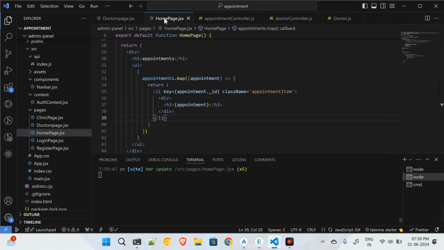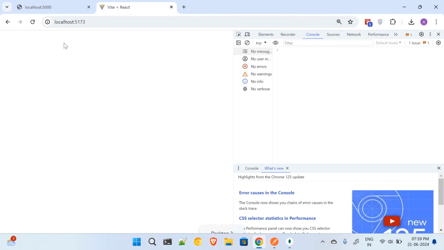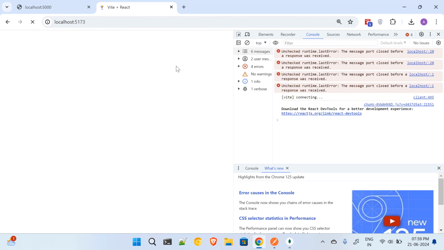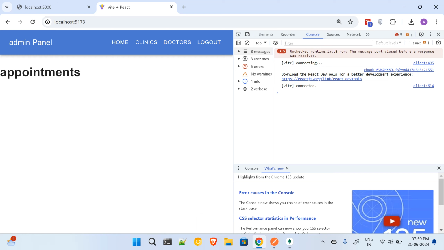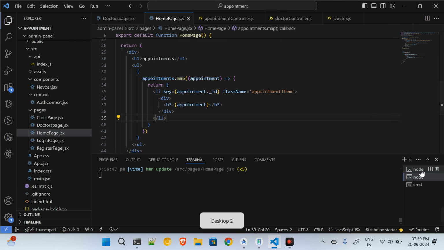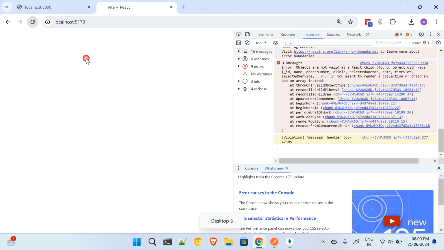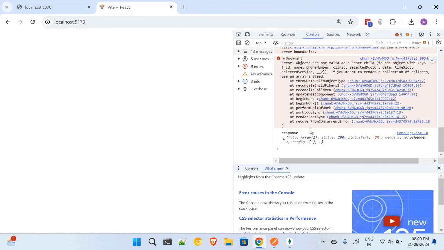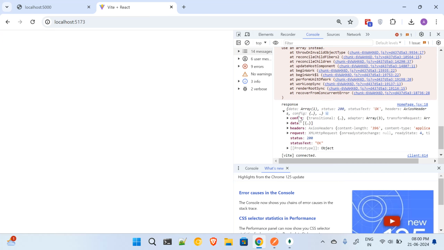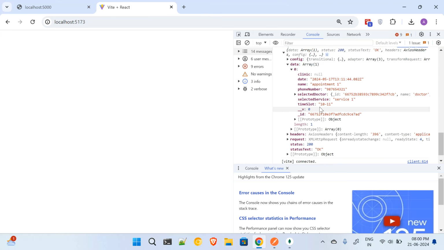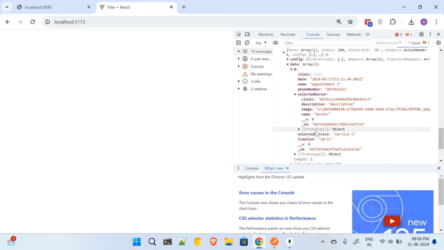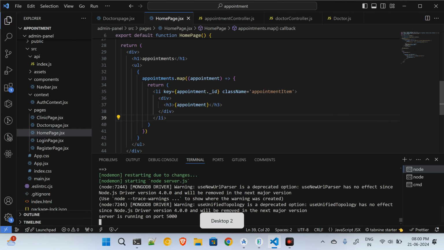So now let me just save and let me just get it back. Okay. Why is it not giving the data? What happened to the backend? Okay, so now I'm getting all the data that is needed by me. Okay,